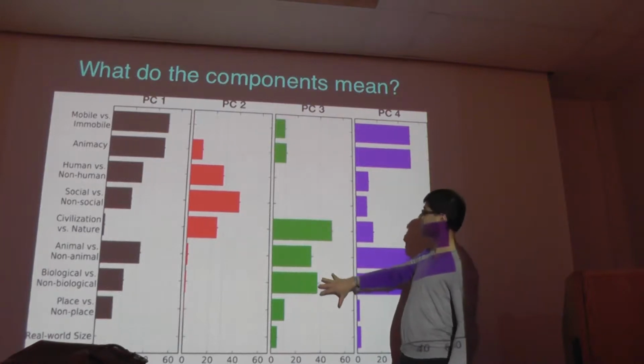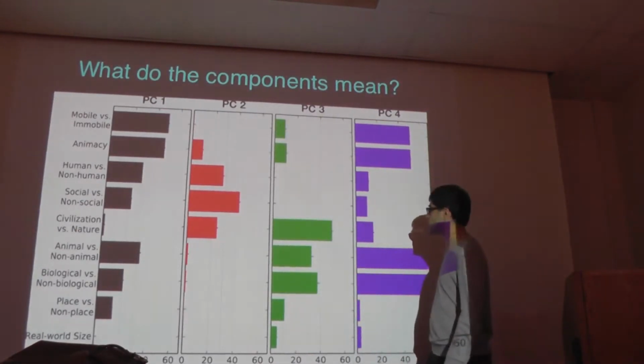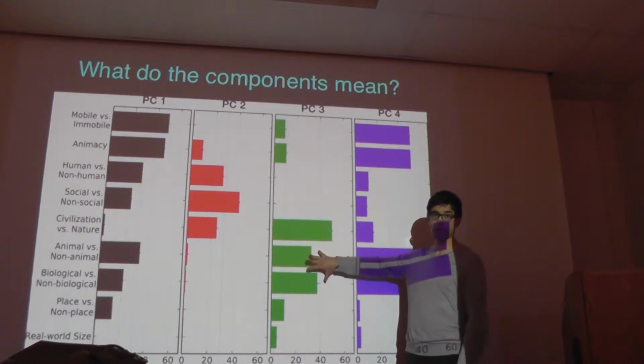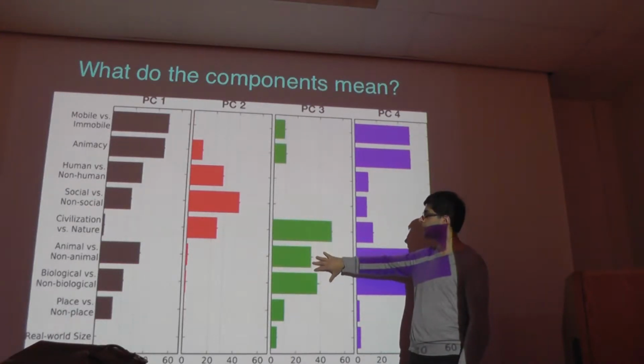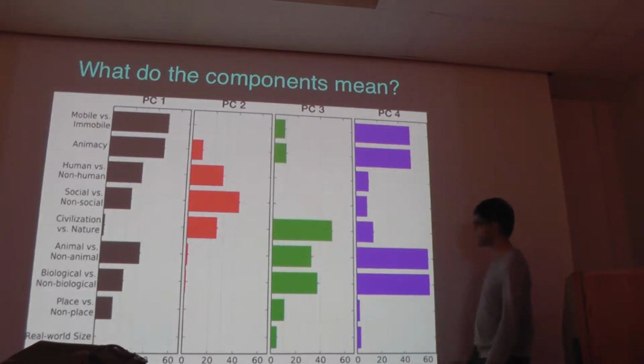Maybe, but it's less clear. Okay, there's something going on about place versus non-place. If you were forced to stick a label on this, you would say something like man-made versus natural. But you'd feel a bit uncomfortable, and you'd think, nah, that label is not quite getting it, but it's getting some of it. Okay,